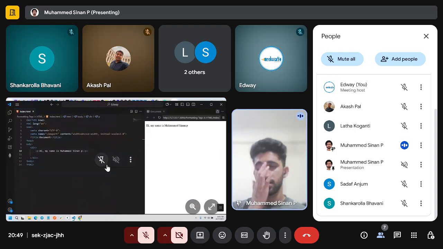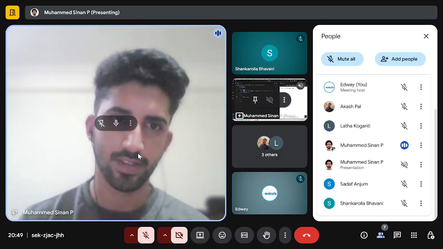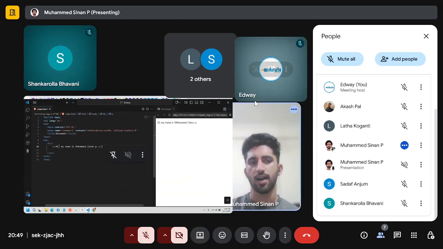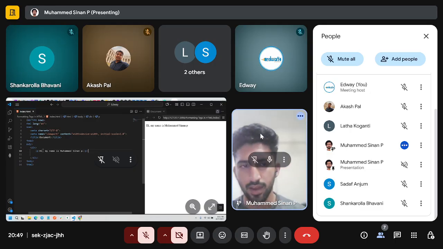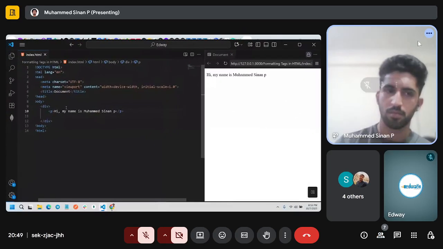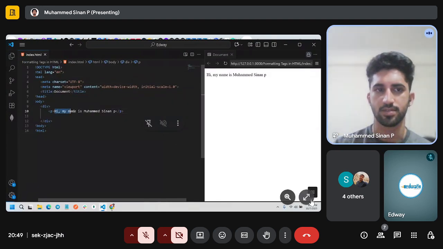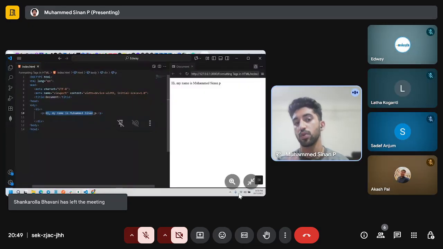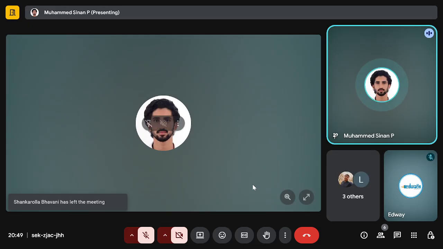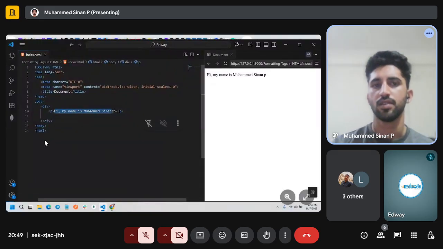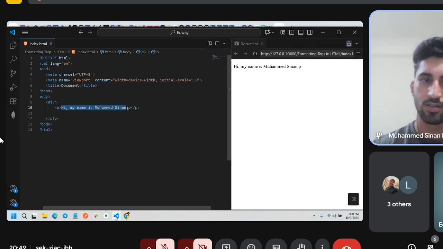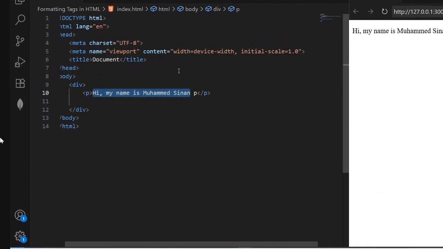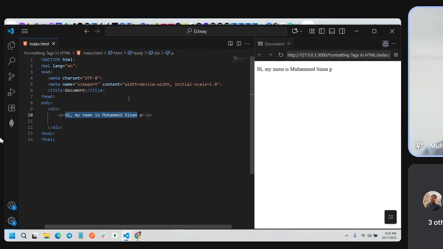So if we look into this VS Code editor, I have written, "Hi, my name is Mohammed Sinan," and I can change this font using CSS. But all I am seeing is "Hi, my name is Mohammed Sinan P." The styling part is all done in the CSS file, so it's a little bit difficult to understand from here itself.